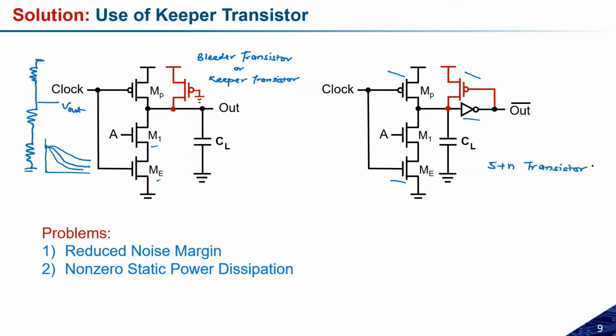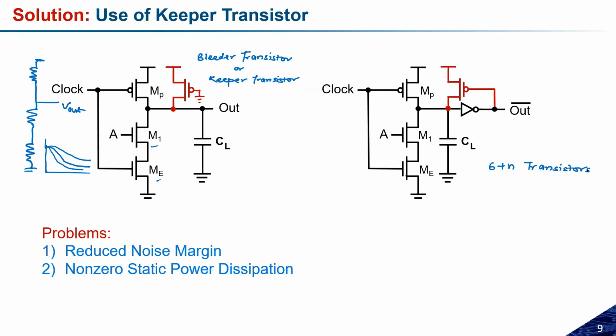So to design any logic, 5 plus n transistors are needed here, which is very high, especially for a smaller number of inputs or lower fan-in. So this is the problem. So it will be 6 plus n, right? 1, 2, 3, 4, and 2 for the inverter. Sorry, yeah, 6 plus n transistors will be needed for this one.